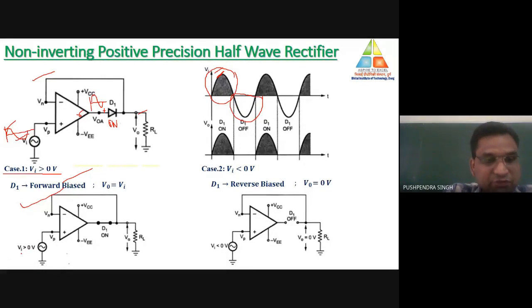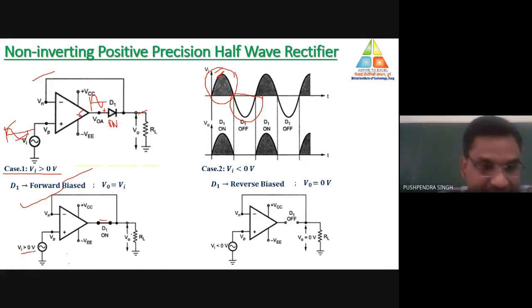When the level of the input signal is greater than 0, due to the higher value of the input signal at the positive terminal, the diode will be in forward biasing condition. And when the diode is in forward biasing condition, the circuit will be like a voltage follower. What is the meaning of voltage follower? Follower means that it follows something, the voltage which follows the signal.